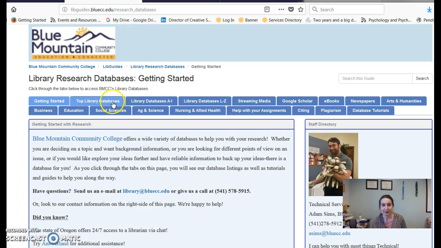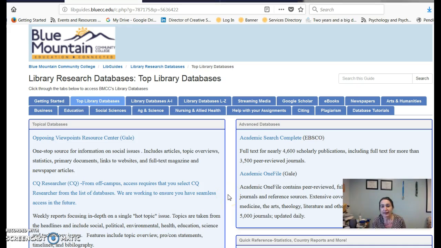and we are going to go to our top library databases. And I'm just going to focus on two right now, Opposing Viewpoints and Academic Search Complete. They're very different in what they do. Opposing Viewpoints tends to look at large topic issues, kind of big question, quote unquote, hot button issues. Academic Search Complete is a little bit more